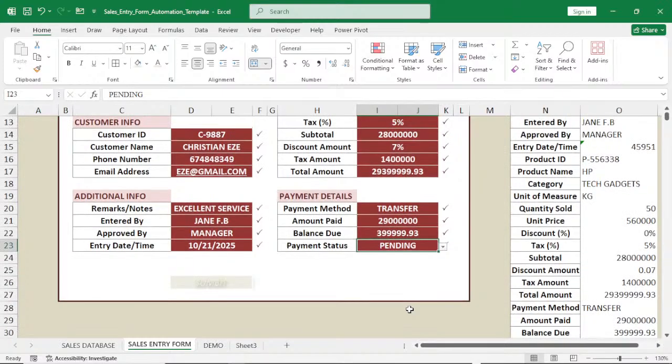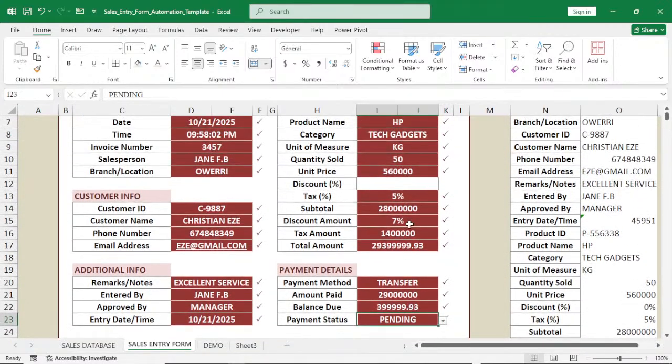Which one is empty? There is one that is empty. Okay, discounts. I think this is where I made a mistake. Discount should be 7%, and the discount amount